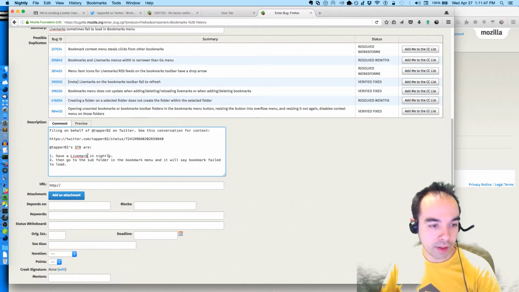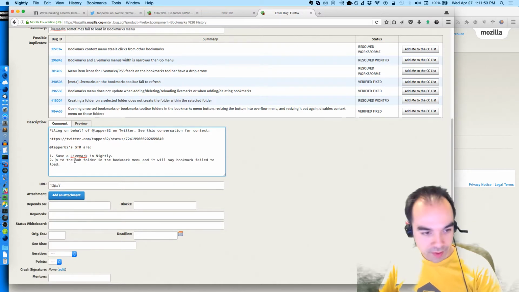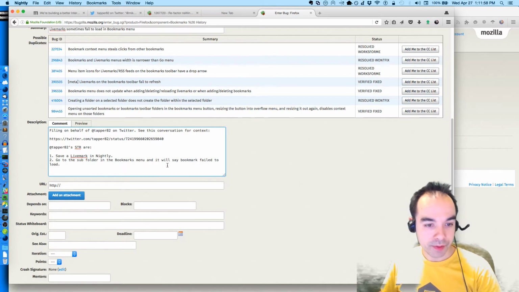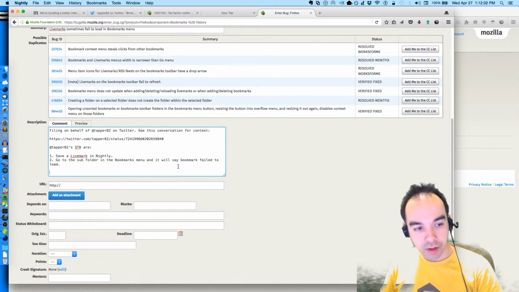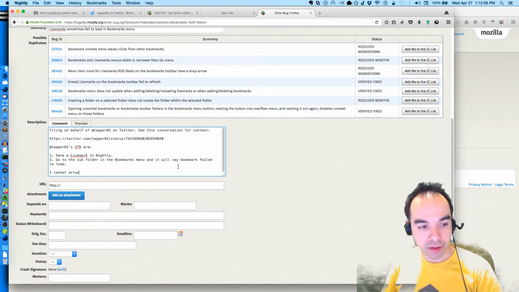Save a live mark in Nightly. Go to the subfolder in the bookmark menu, and it will say the bookmark failed to load. I cannot actually... wait,